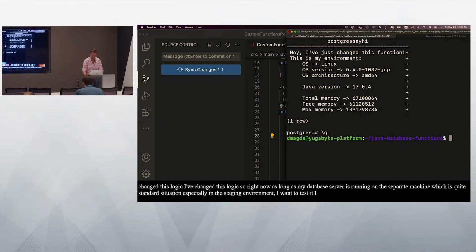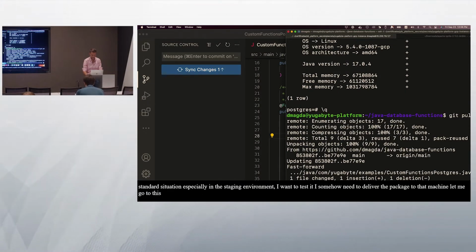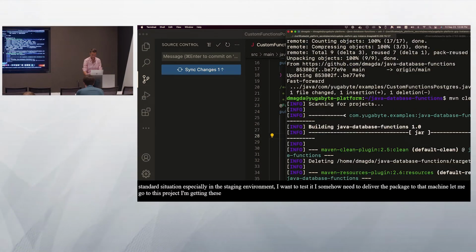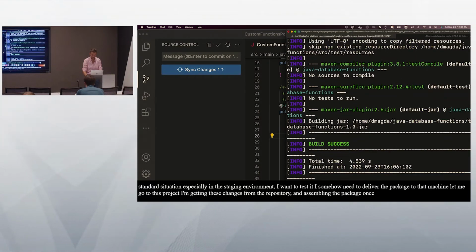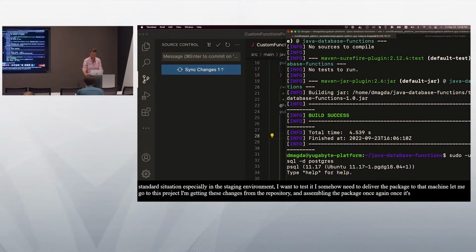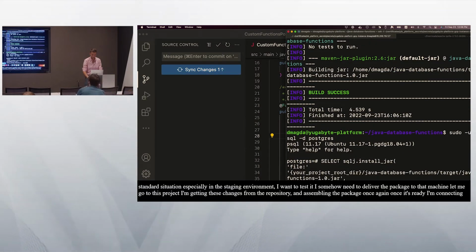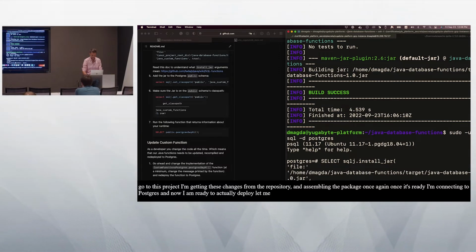Let me go to this project. I am doing this git pull. I am getting these changes from the repository. I'm assembling this package once again. Once it's ready, I'm connecting to Postgres. And now I'm ready to actually redeploy. Let me copy the command. It's going to be faster this way. I need to execute